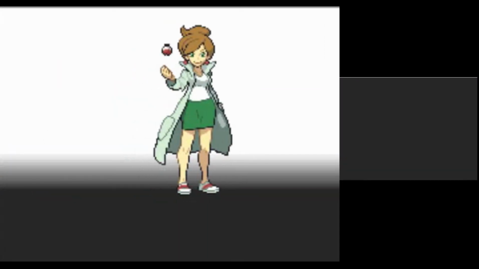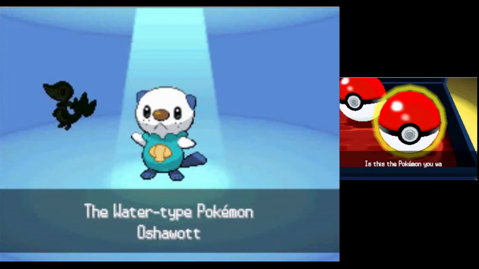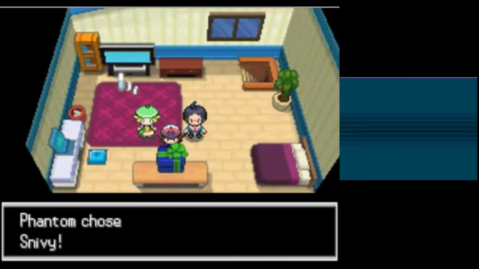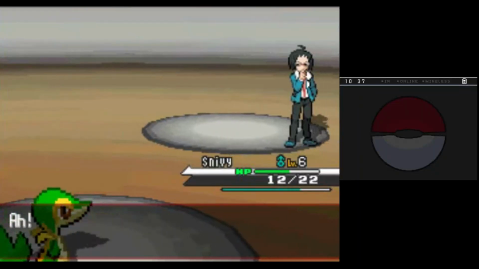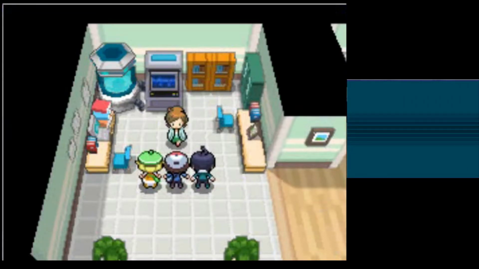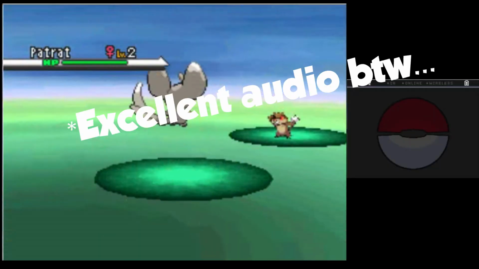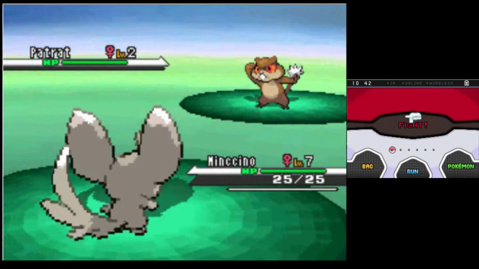So we start off our adventure just like any other game. We listen to Juniper rant on about our life story, give ourselves a name, and choose our starter, Oshawott. Just kidding, obviously Snivy, and went ahead and clapped both of our rivals, Cheren and Bianca. Professor Juniper then proceeds to tell us her life story yet again, and we give our Snivy the nickname Lettuce. And we go on to Route 1 and learn how to catch a Pokemon from Professor Juniper,